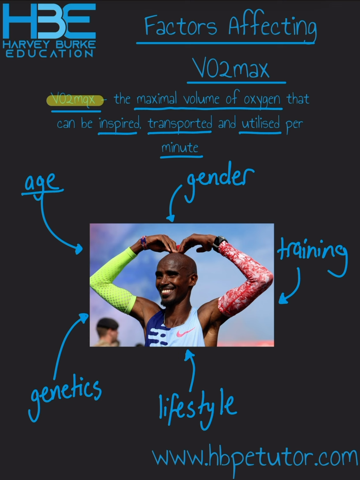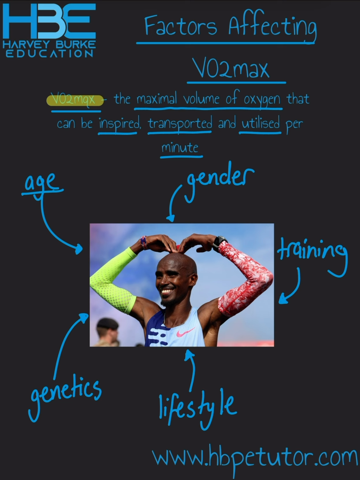So for age, they'd want you to say that the older you get, the lower your VO2 max becomes. So anything over the age of 30, VO2 max begins to decline. Now, when you define VO2 max, you don't have to put these two. You could just put that it's the maximum volume of oxygen that is utilized per minute. But I think it's useful to know all three of these because it helps you to explain how a factor